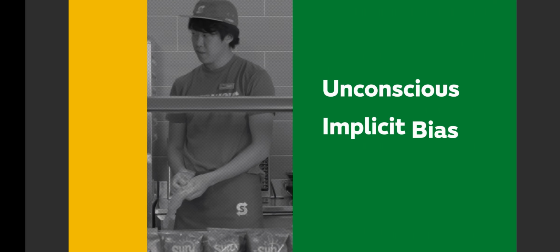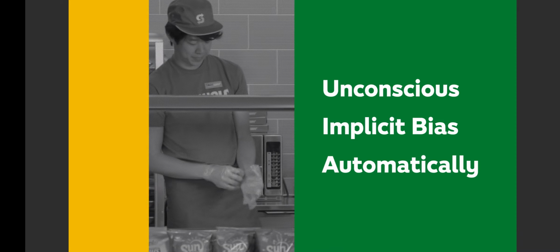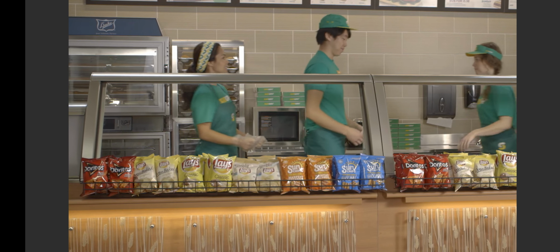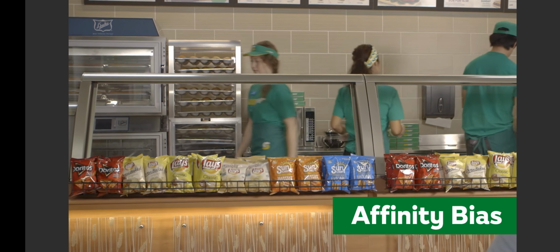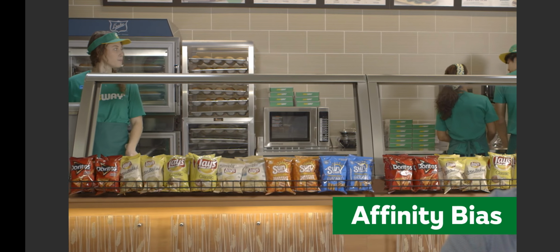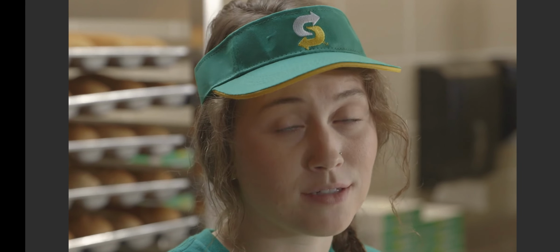Check this out. Unconscious or implicit bias is bias that happens automatically and is triggered by our brain making quick judgments and assessments of people and situations, influenced by our background, cultural environment, and personal experiences. There are more than 150 identified unconscious biases. In-group or affinity bias: playing favorites because someone is like you and excluding those who are not. This can have significant impact on the workplace.